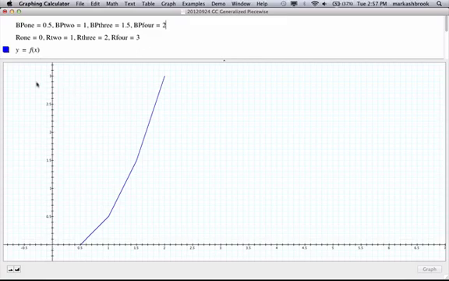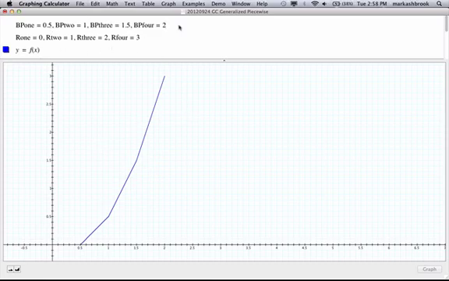So notice, your job is to come up with that last line, which is behind the curtain here. The last line is f of x, a piecewise definition that works so that all you have to do is change the parameters, different breakpoints. Here breakpoint 1 is a half second, then 1 second, then 1.5, then 2 seconds. Define the rates of change you want in each. So I wanted 0 for the first half, then 1, then 2, then 3. And then all you have to do is hit graph, and it'll give you the piecewise function defined by those